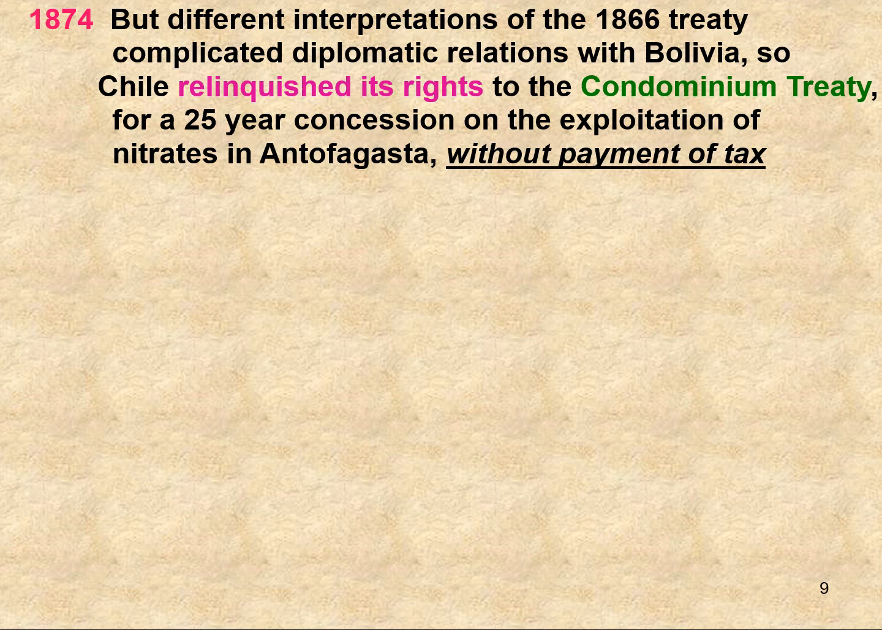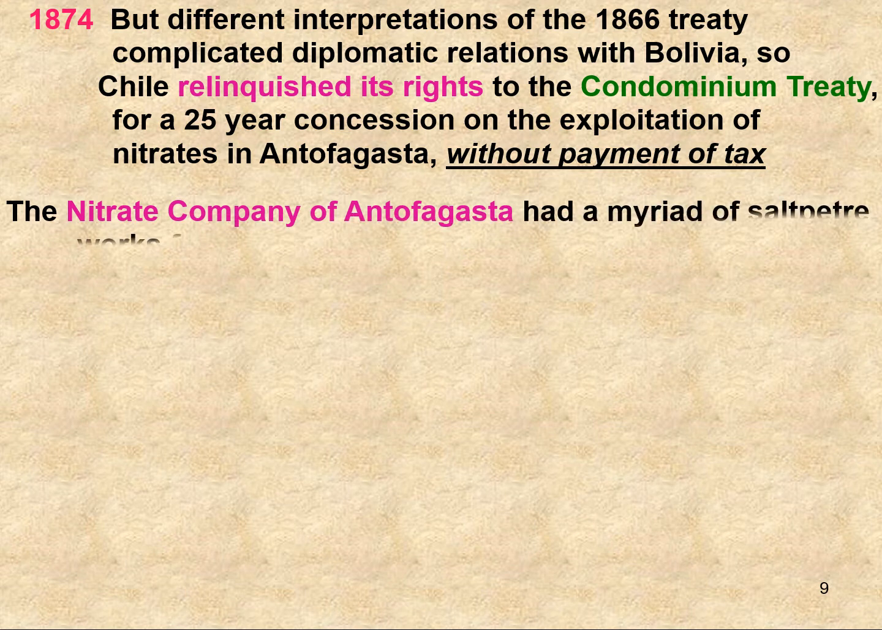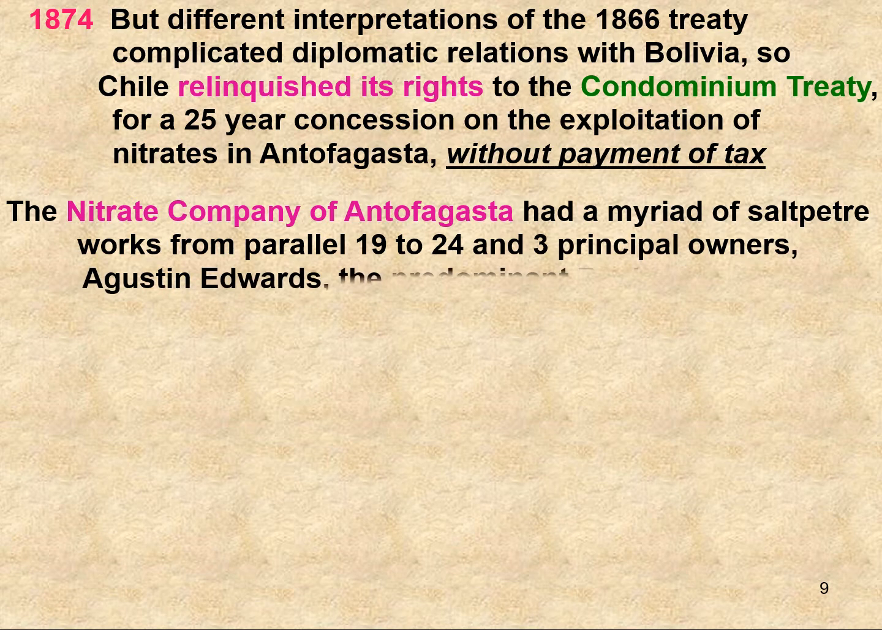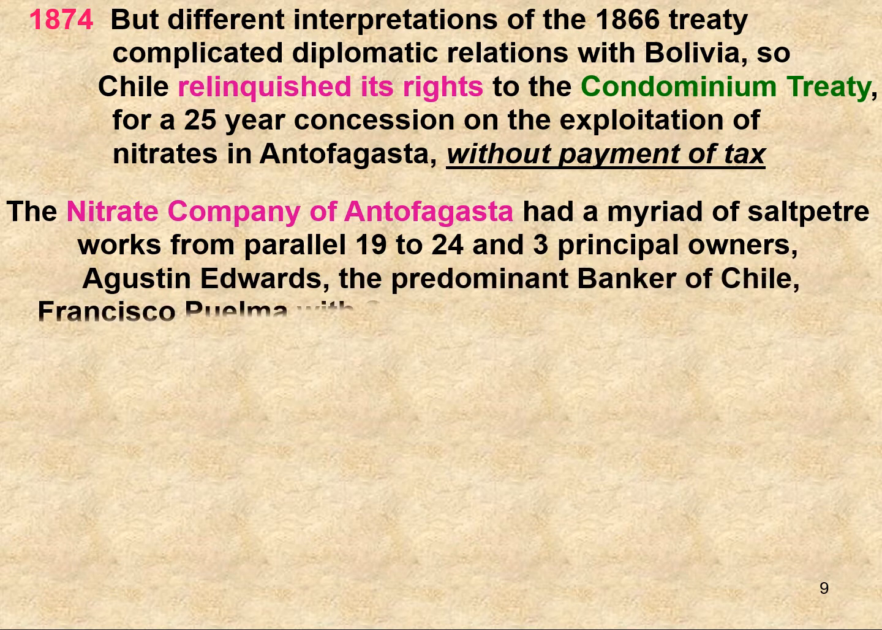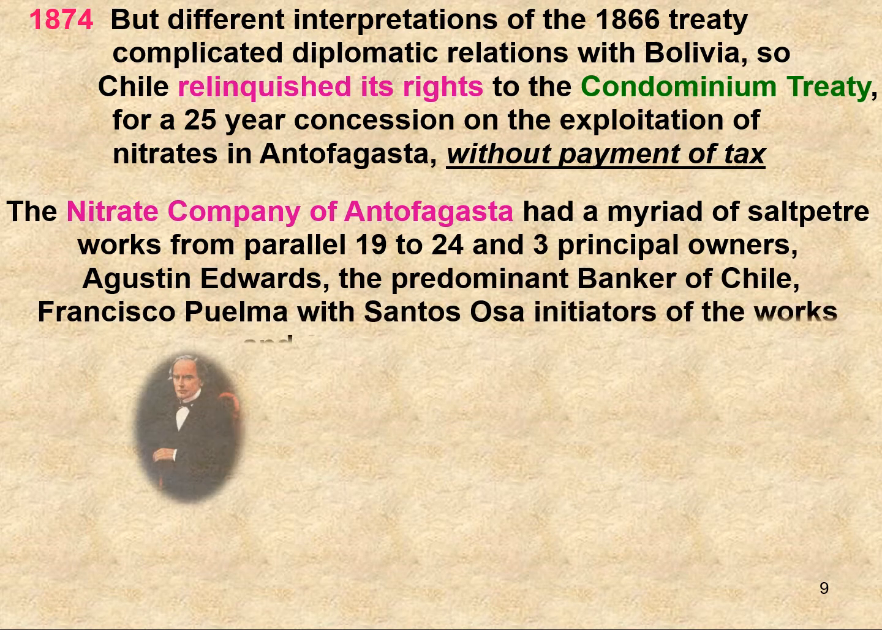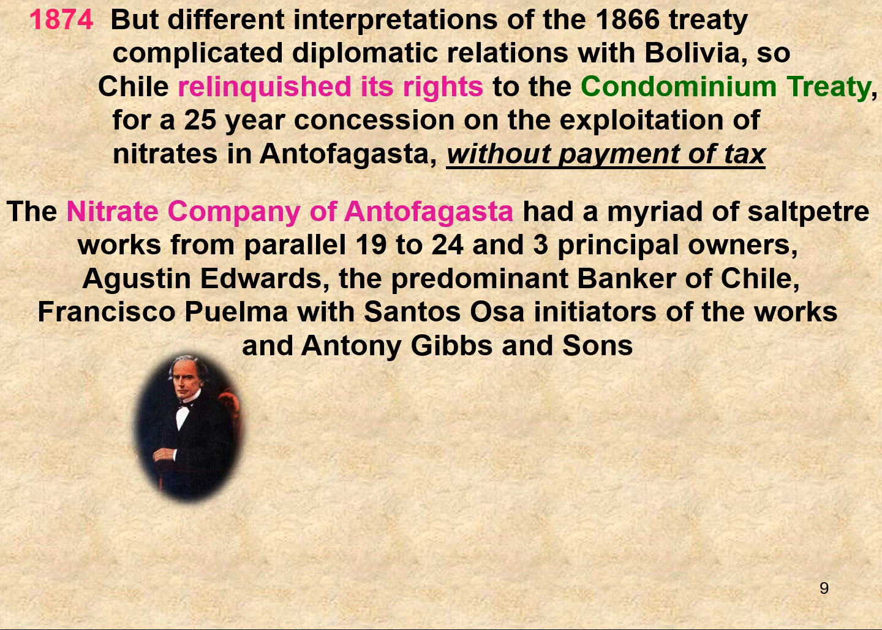So Chile relinquished its rights to the Condominium Treaty for a 25-year concession on the exploitation of nitrates in Antofagasta without payment of tax. The Nitrate Company of Antofagasta had a myriad of saltpeter works, from parallel 19 south to 24, and three principal owners: Agustin Edwards, the predominant banker of Chile;